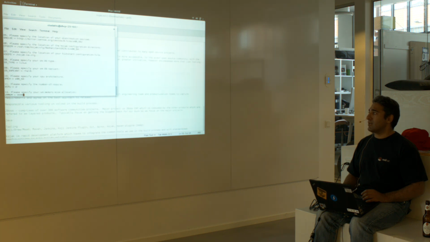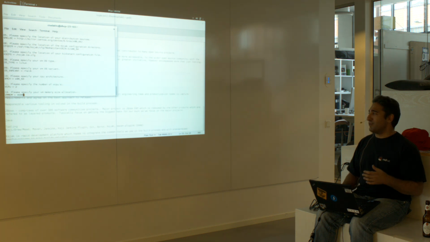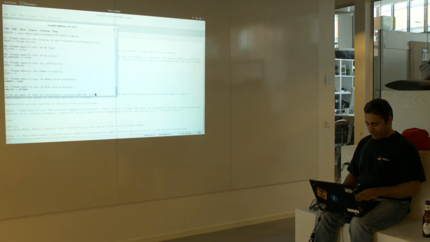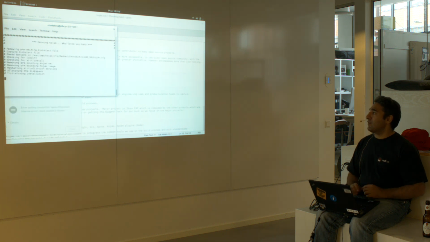It's only once you start playing around with it that perhaps you might want to change the amount of memory you allocate to it. Maybe you want to change the disk size. Maybe you want to install it somewhere else. I've captured the most common things that I thought would be useful, and you have that option to do it there. But in this instance, we're just going to go straight away with the default option. And it's going to go off and fetch some bits and pieces for us.